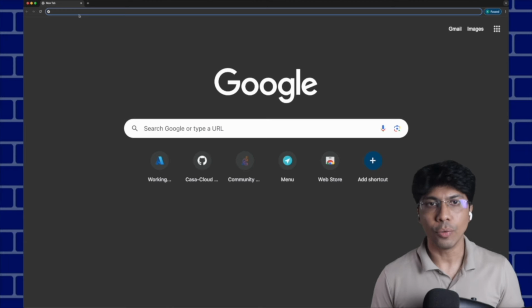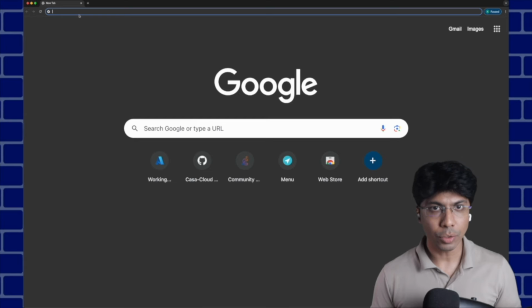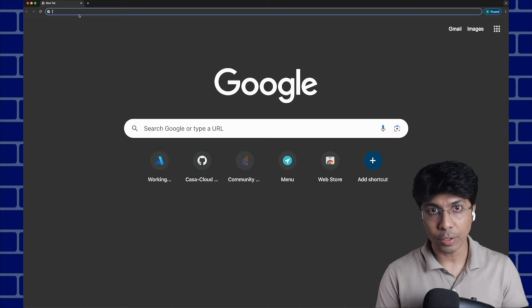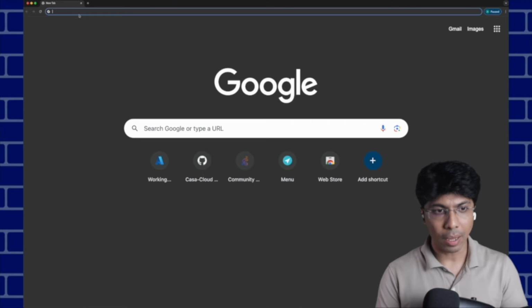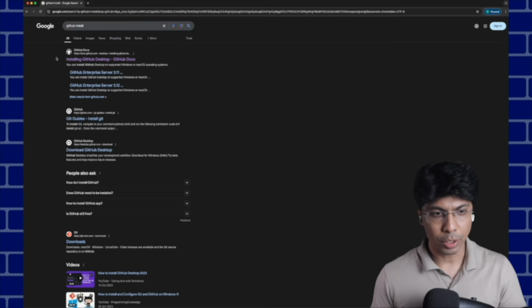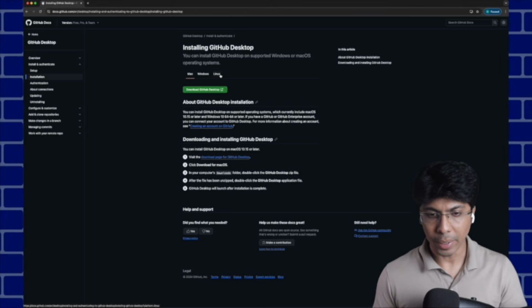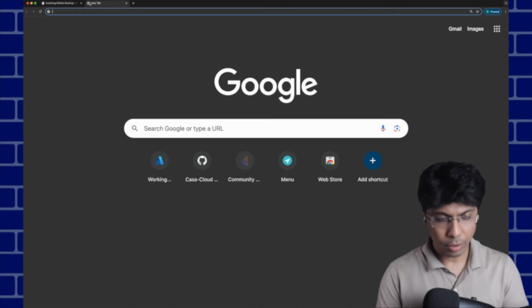Okay, so where to find the source code and the link for it? The source code is the one that we'll be following today. So first you need to have Git installed. So you need to go and install Git depending on which operating system you have. And then you need to go to